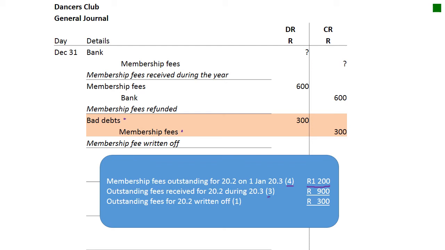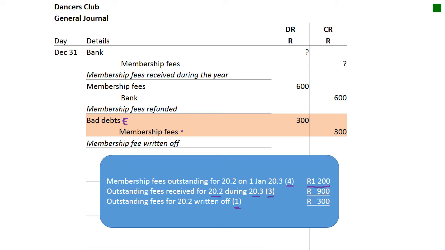Then in the question they tell us in the current year 3 members paid their membership fees for 2002 during the current year 2003. That means we received 900 Rand of the 1,200 that was owing. So that means there's 1 member who hasn't paid, and that amount of 300 Rand therefore needs to be written off. So we're going to take the amount out of the membership fees account and we're going to debit an expense account, bad debts